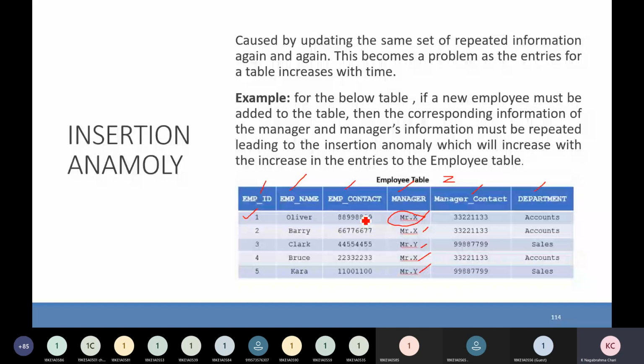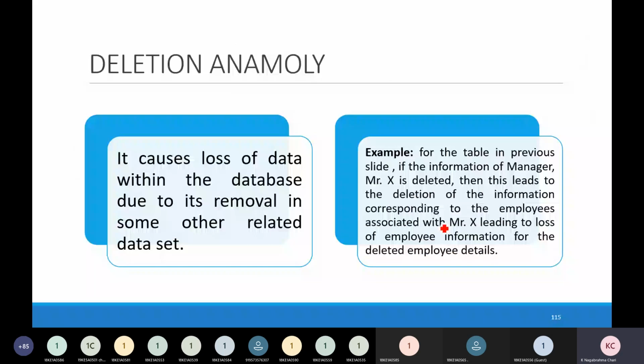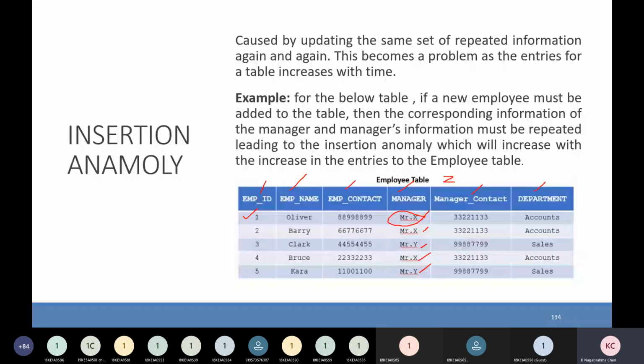For example, if we delete Mr. X, it leads to the deletion of the information corresponding to the employees associated with Mr. X. The employees associated with Mr. X are Oliver, Barry and Bruce. If you delete Mr. X, these corresponding employees' data will also be deleted.